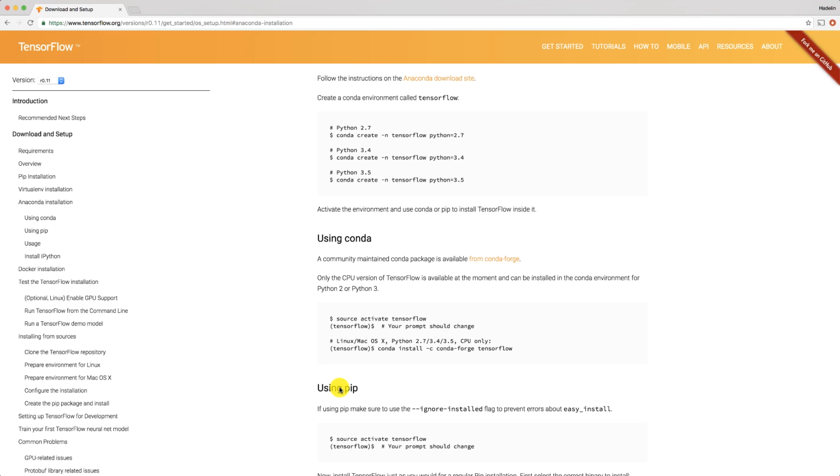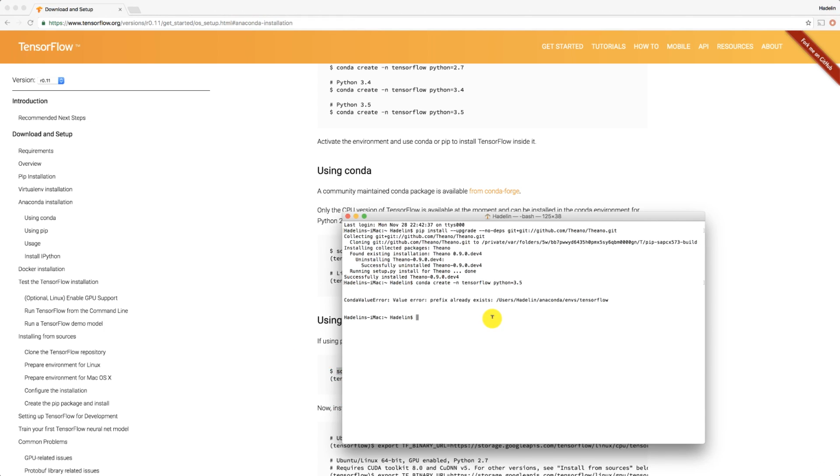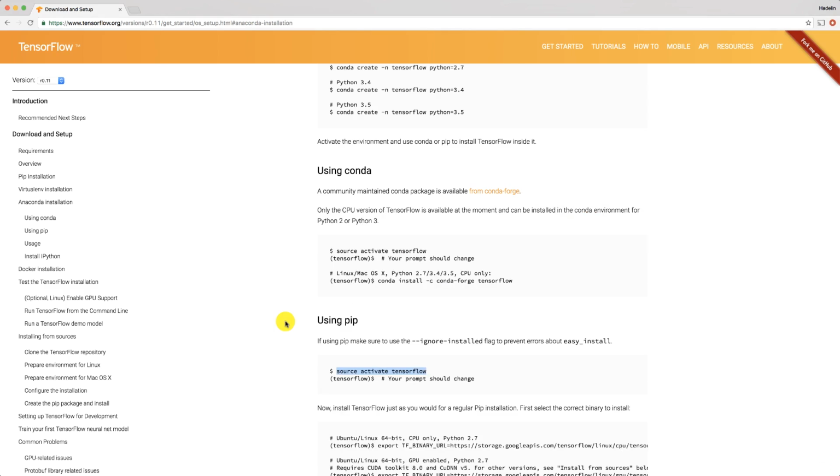And we're going to do it with PIP because it's the most common way. So the second step before installing TensorFlow is to activate TensorFlow. To do this, we just need to copy this line, and again in the terminal, paste that here and press enter. All right, and now you can see that my prompt just changed. Before I had the general prompt, and now I have the TensorFlow prompt. So that means that we are in the TensorFlow environment, that it is activated, and now we can